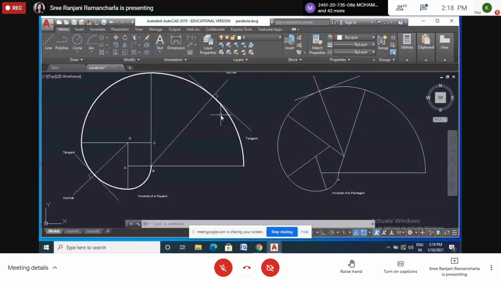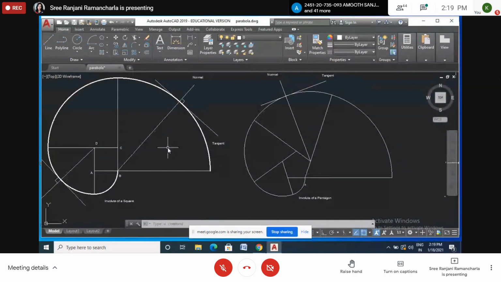Same way here also, how to draw the normal and tangent on this curve. Somewhere you have taken a point, join the point to this center, then extend, that will be the normal, and perpendicular to that one is a tangent. Similarly, if you want to draw here also, you can. But please don't draw twice. I showed it to explain; only once you can draw it. Is it clear, all of you? Say yes or no.